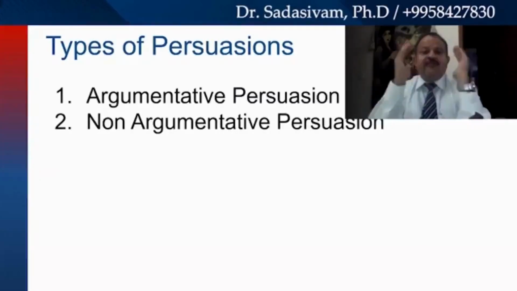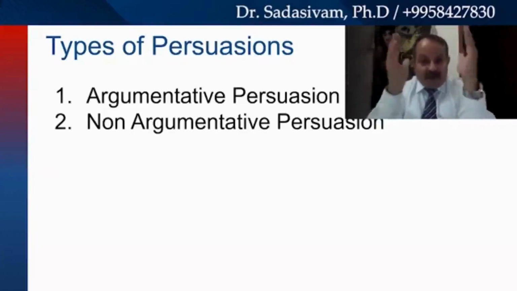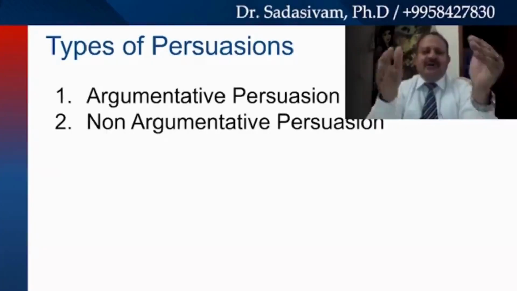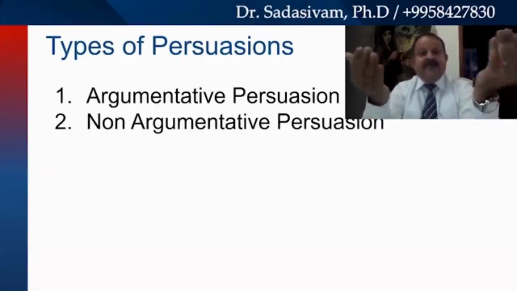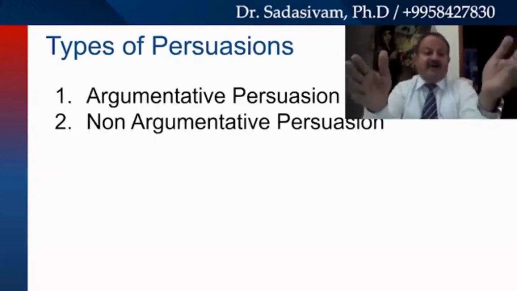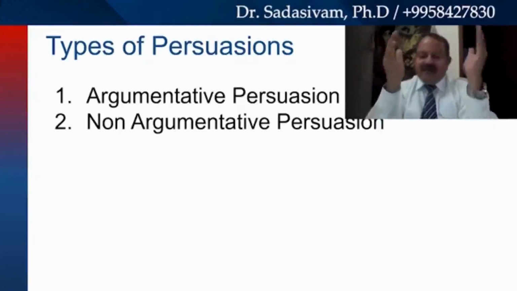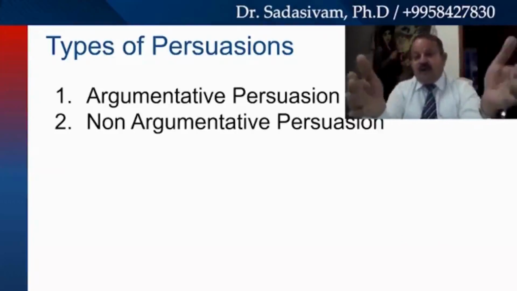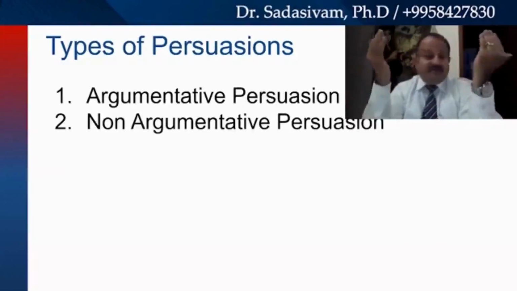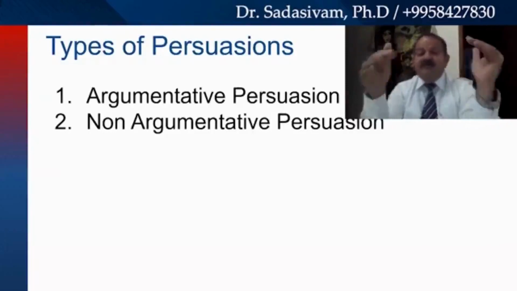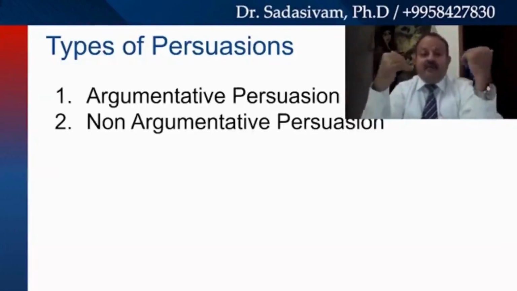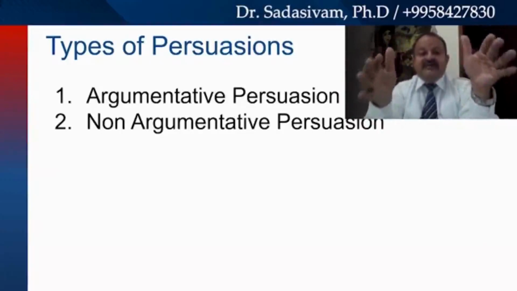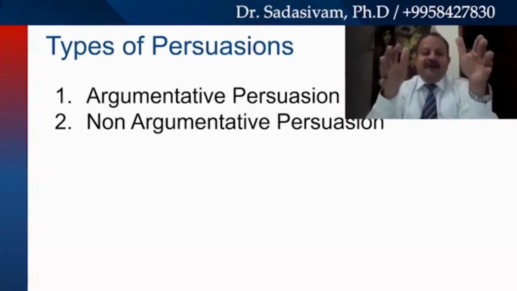Argumentative persuasion typically means you force your opinion on other people, driving your point across. So these are things that can put the other person at a great disadvantage. It might appear that they are listening to you, but over a period of time, you will fail to establish trust. That's one of the pitfalls of argumentative persuasion. But you can be very sure of putting your point across to the other person, because that's the ultimate objective of any persuasion exercise. But at the same time, we need to keep in mind that your efforts of persuasion should not be seen as pushing your ideas across.